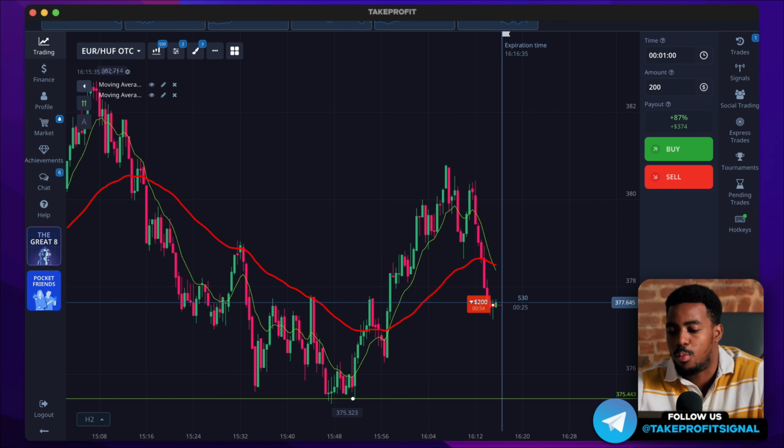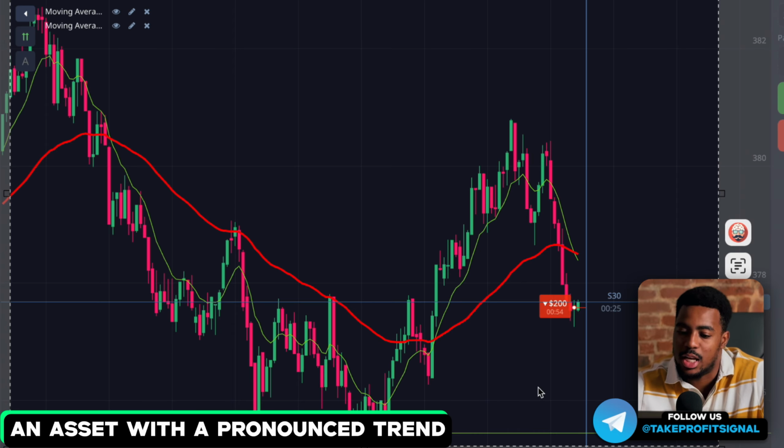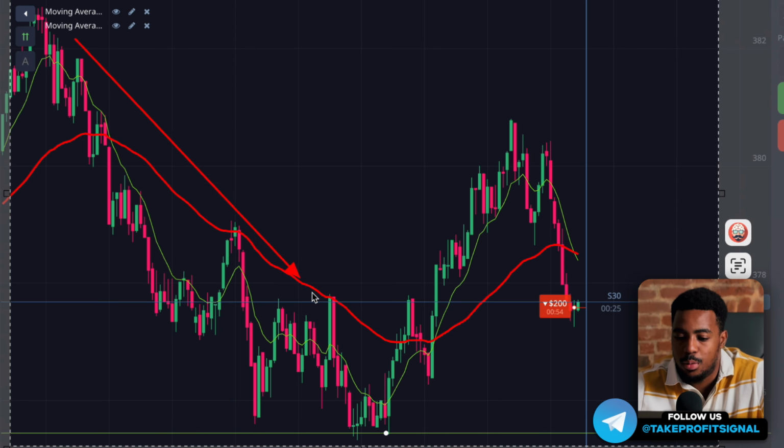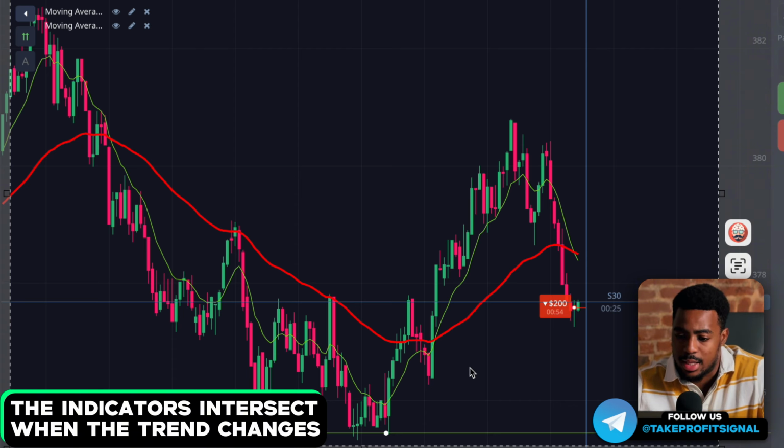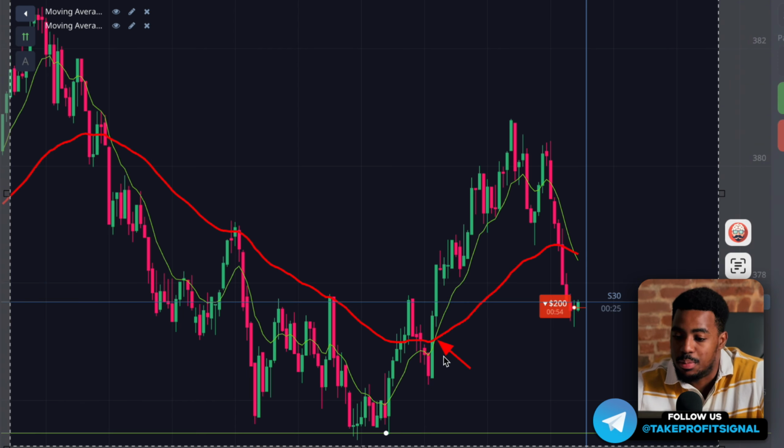Look, we are primarily looking for an asset that has a clearly defined trend. Here we had a downward trend and we see that both lines of our two indicators are declining, the red indicator and the green indicator. Next, there is a trend change. The indicators intersect at this point, indicating a trend change because the green indicator is rising while the red indicator is rising as well. Now we have another intersection, and at this intersection we have a trade for a downward